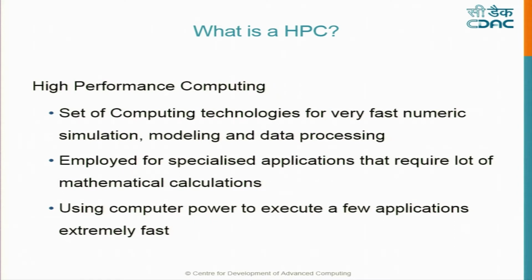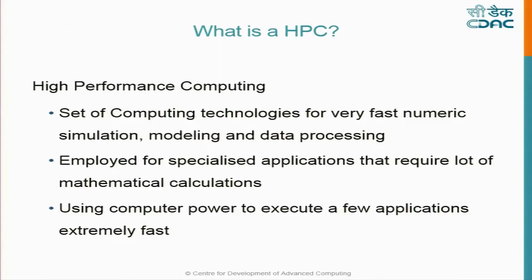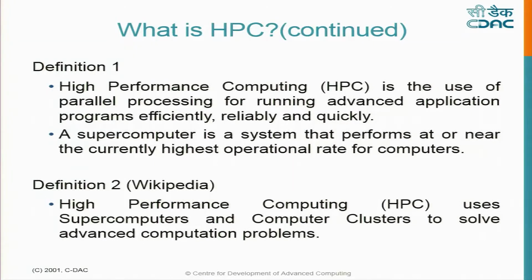Either a task is predefined, that can be made faster, or you have to do too many iterations in a given time, you can do more iterations because each task is finishing extremely fast. Okay. So there are also definitions for HPC. You can form your own. These are the two which I thought would make sense.